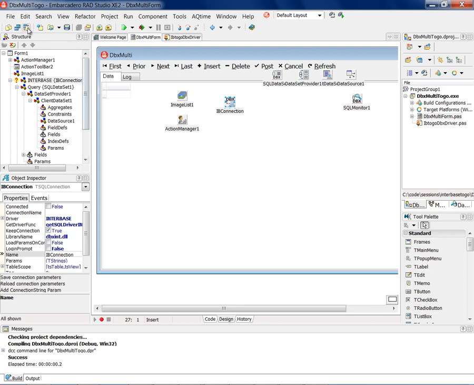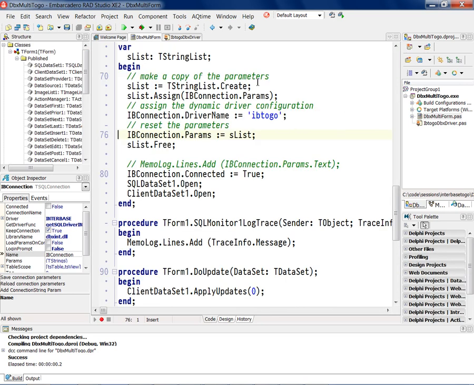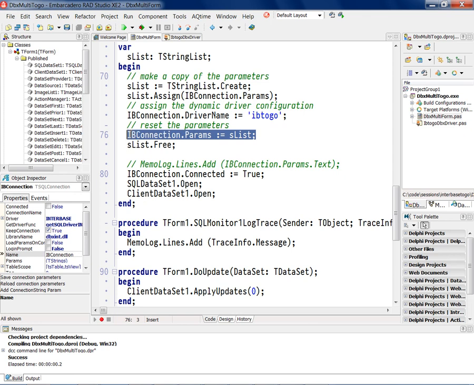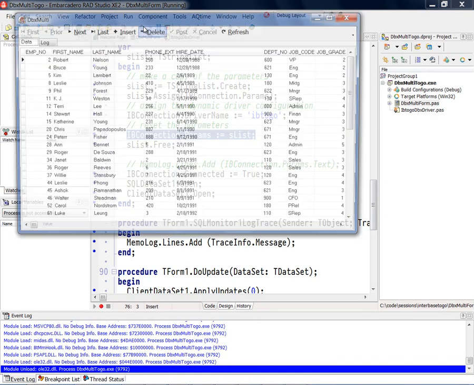What we can do, we can start the application, copy the existing parameters, because as soon as we change the driver name, we'll get everything reset, including the database name. Everything gets reset to the standard information for this driver. And then we copy back all of the various parameters. With this trick, even at runtime, the driver name information will be our driver name information, and the application will work properly using